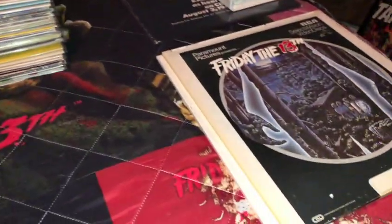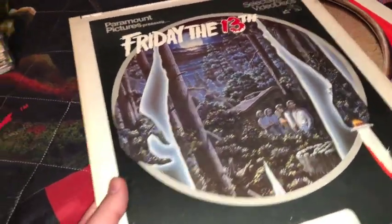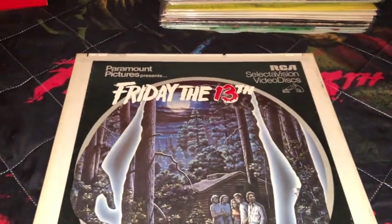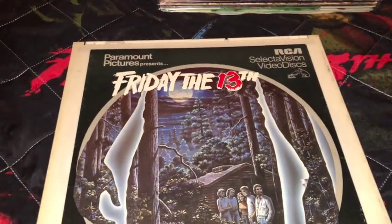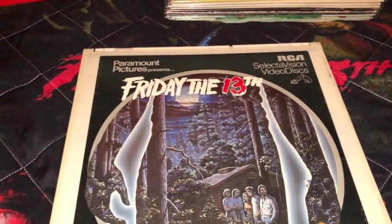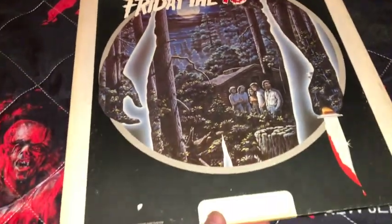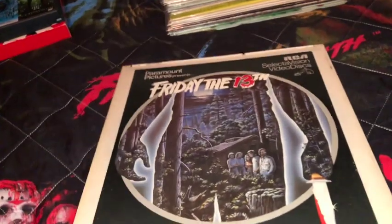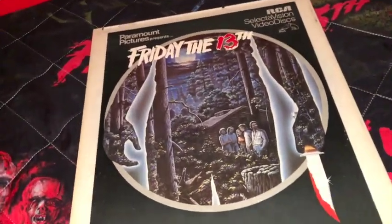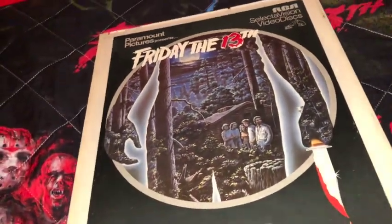And I forgot that I have these. I don't know how I could forget these. These are called video discs, and I'm not sure if you guys are familiar with these. I'm not really familiar with these. These were kind of the precursor to laser discs. Video discs are like giant hard discs, like a computer disc. It's like a cartridge almost, and you slide it into a video disc player,